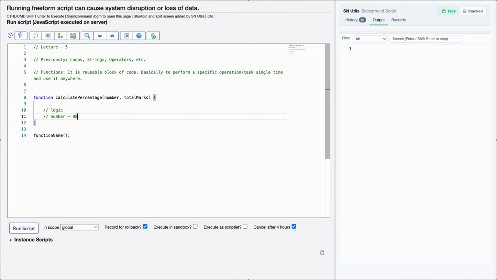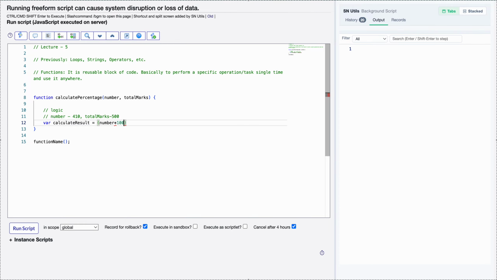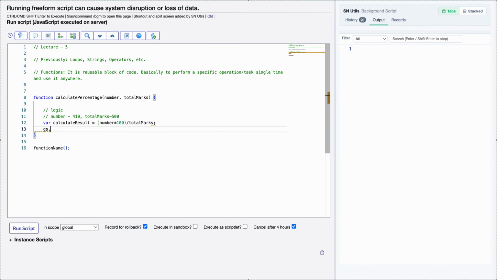Suppose the numbers are 410 and total marks 500. First, we have to calculate the result. To calculate the result, we multiply our number by 100 and then divide it by our total marks. This is the logic, and then we can print